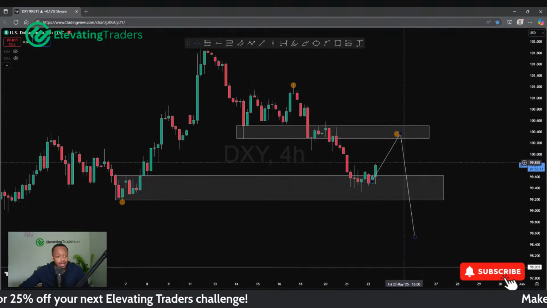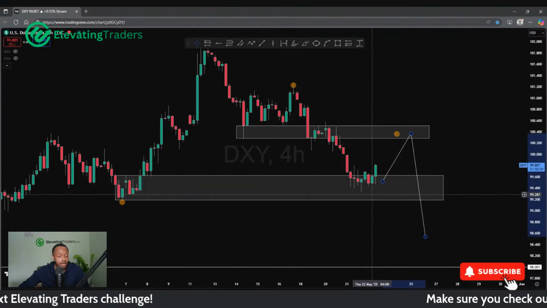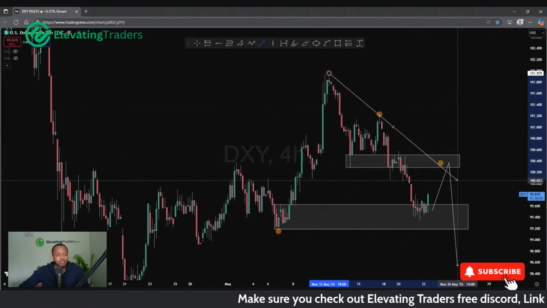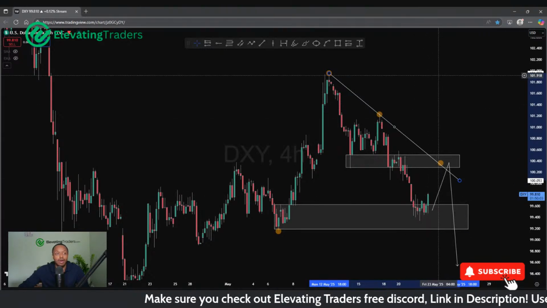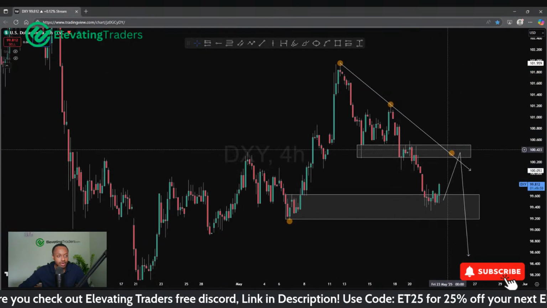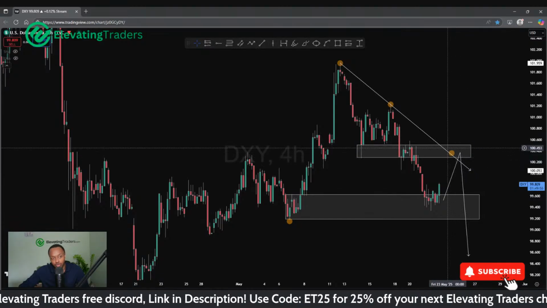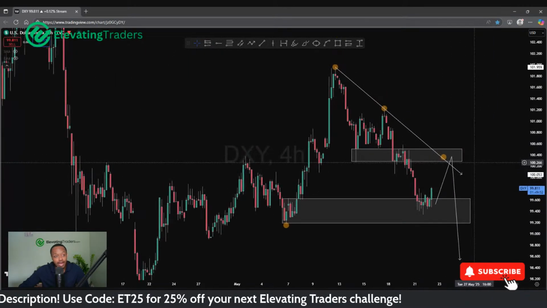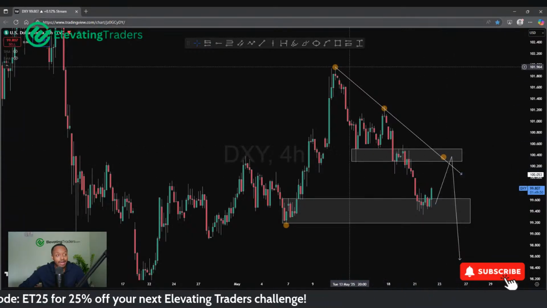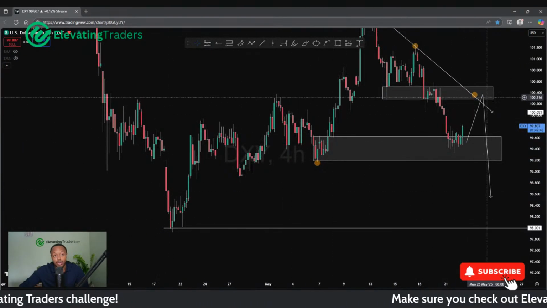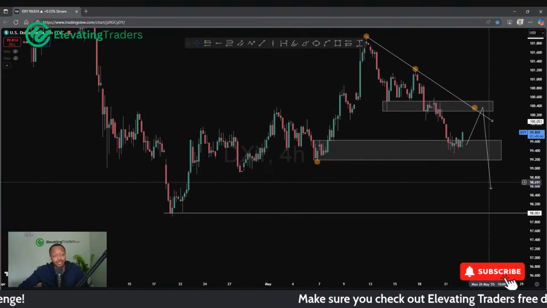So at the moment, yes, a bit of a bullish reaction. Looks like we're seeing some momentum this morning, but I don't expect it to last. Of course, I could be wrong. Potentially, we might see a swing low, but I think that's more on the unlikely side of things. And it'll be very interesting to see what we do at 100.4, 100.5. Potentially could see price push down. And if we do respect that area, potentially put the third lower high in, 1, 2, 3, then that could take us back to these lows and could be a pretty decent swing there for USD.